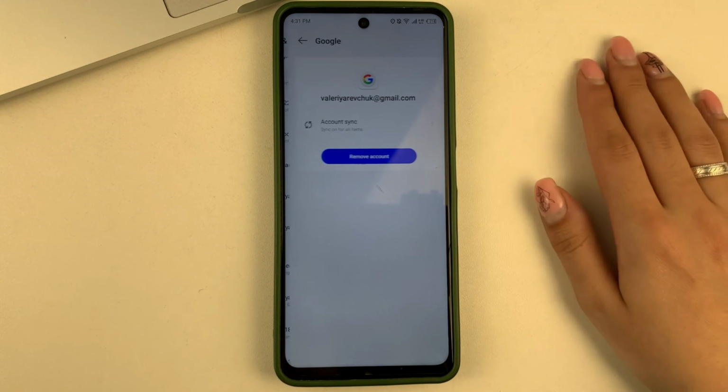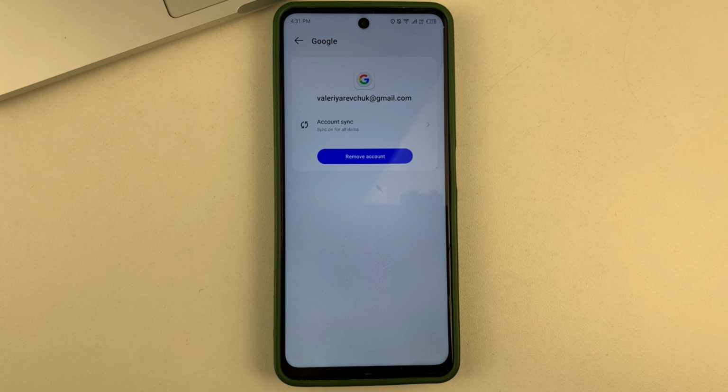And then you'll have the option to delete your account. And you'll need to select it and confirm the action. I must warn you that after you delete this account from Google, you will not only be logged out of the Play Store, you will be logged out of everything that was associated with this account.